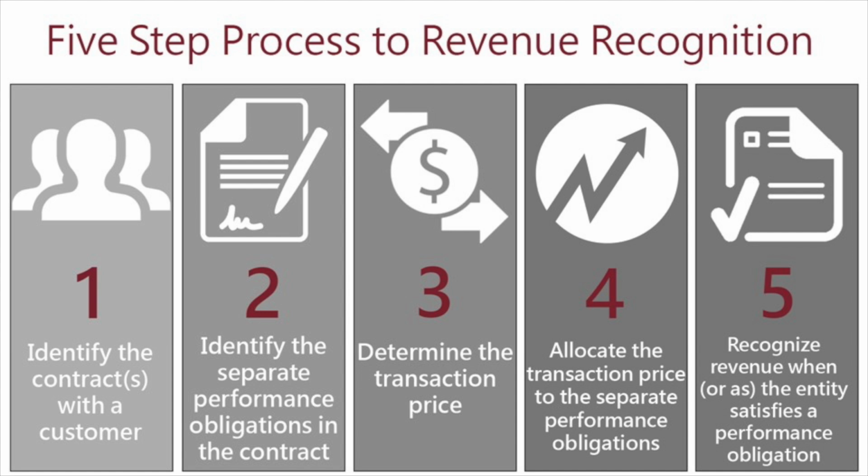A second way to look at it is the expected cost plus a margin approach. So you look at what it costs you, and then, if your business is getting a 15%, 20%, 25% margin on their products across the board or their services, you can apply that margin approach to the transaction price. And there's also a residual approach, which you can estimate the standalone selling price by reference to the total transaction price and allocate it to the ones that have standalone selling prices, and then whatever's left goes to the remaining elements. So certainly there can be a lot to that allocation piece, and depending on the industry you're in, that